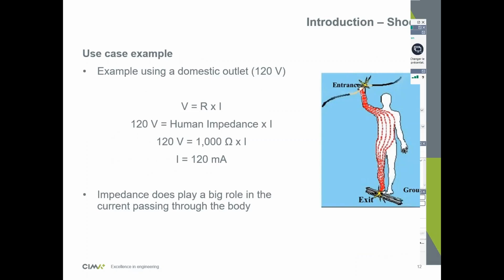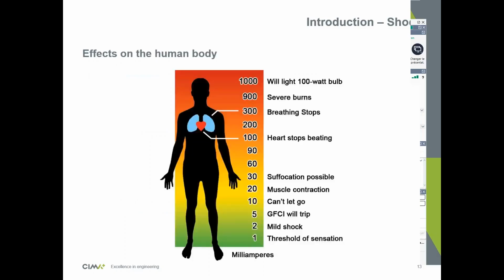So this is for a single phase system only. So for example, for a domestic outlet at 120 volts in Canada, you simply divide the voltage by the internal resistance of the body, and you get the current. So it's safe to say that impedance does play a major role in limiting the current that goes through a person's body. So here you can see a figure that says the range of